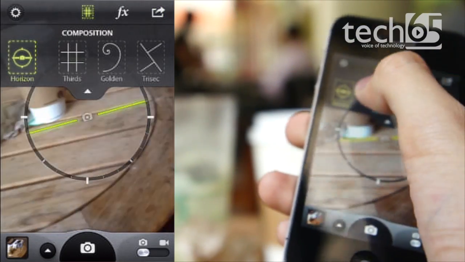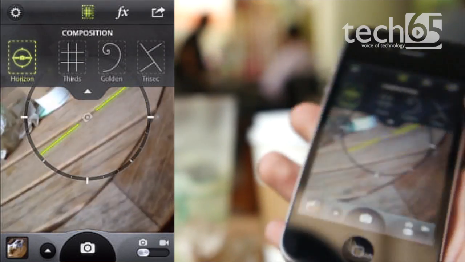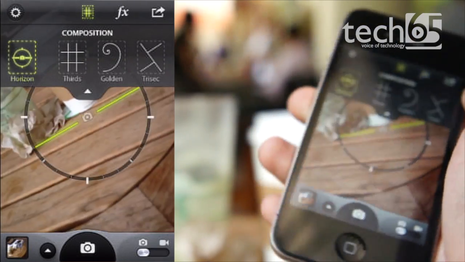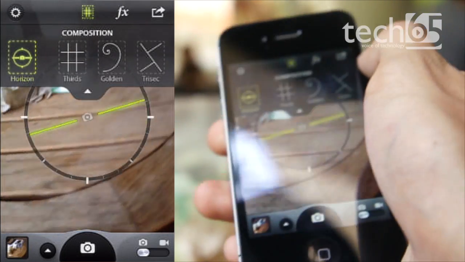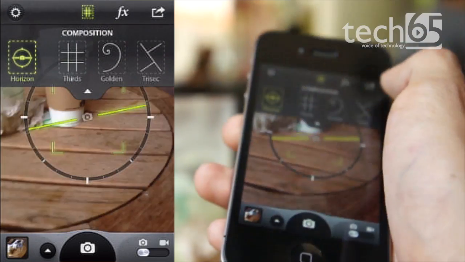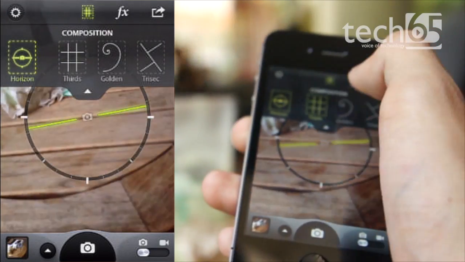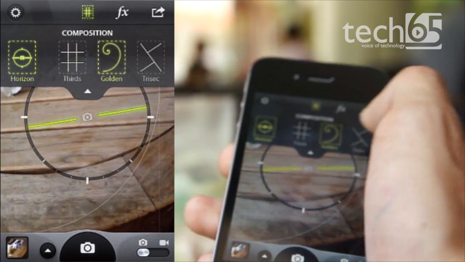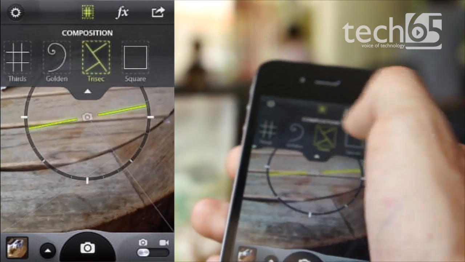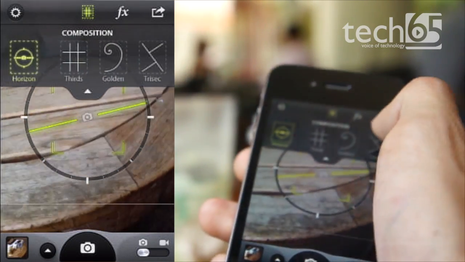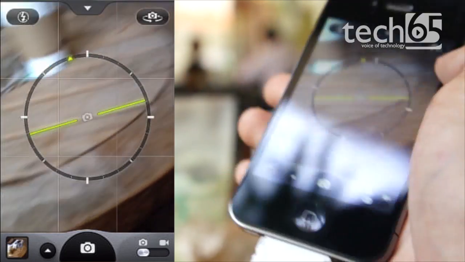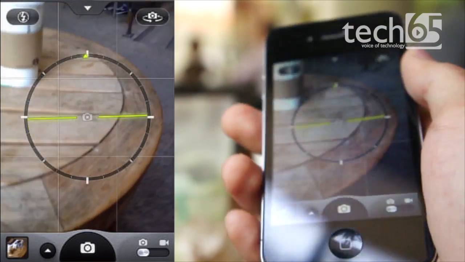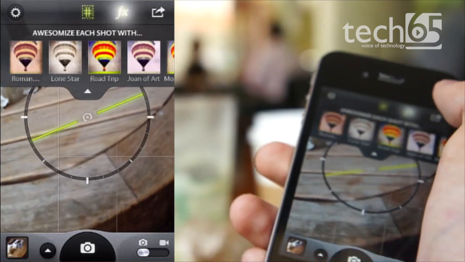frames. I've got the horizon turned on, which is a really nice thing because it lets you set the horizon as well as have a tilt sensor on it so you can see whether your photo is oriented correctly. You can also use the thirds, the golden ratio, which is a really useful one by the way, trisec, I have no idea what that is but sounds cool, square, and I'm just going to leave it at thirds, and you can see right here now I've got this really nice frame,